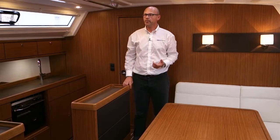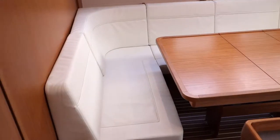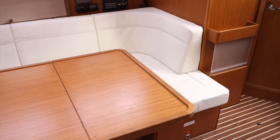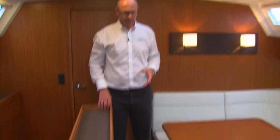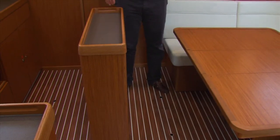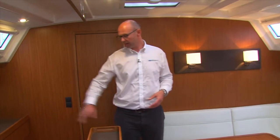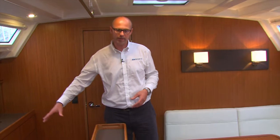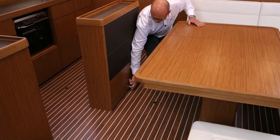We are here in the 46 3-cabin version. This boat is also available as 4 cabins. So if you imagine you have 4 cabins, you're going to be here like 8 people. What we try to do is to create a situation which fits both situations. So what you see here, we have a kitchen island, which is nice because it doesn't block the way. You have a nice walk through the table and the kitchen island and also enough space on that side. But if you are like 8 people and you want to have dinner, you can have